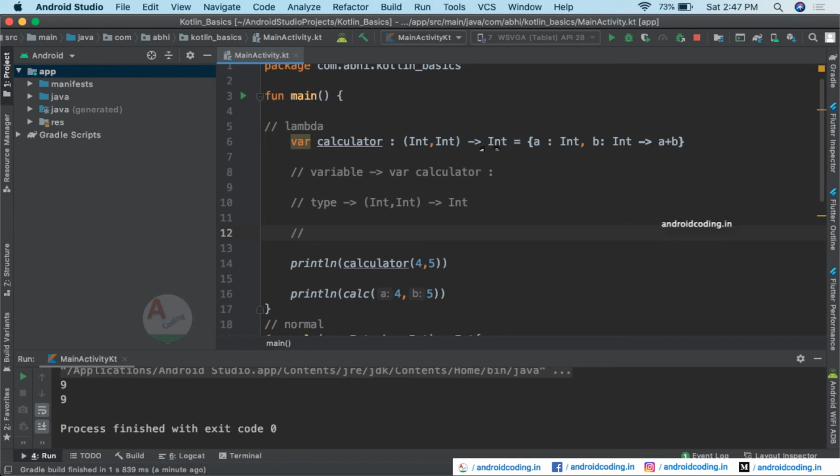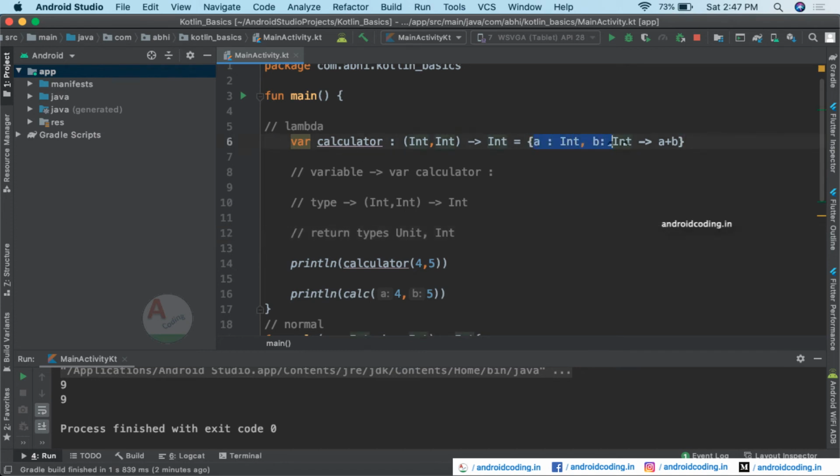And I have said earlier, right? Previously we were specifying unit there. When you don't want to return anything, you provide unit there, and when you are trying to return an integer, here we are returning. So you can say return types we are providing here.